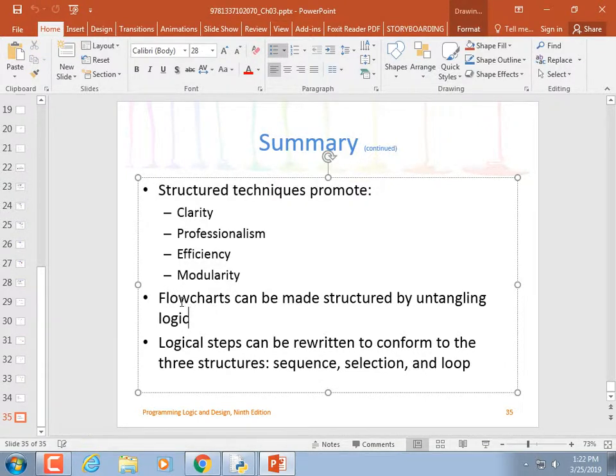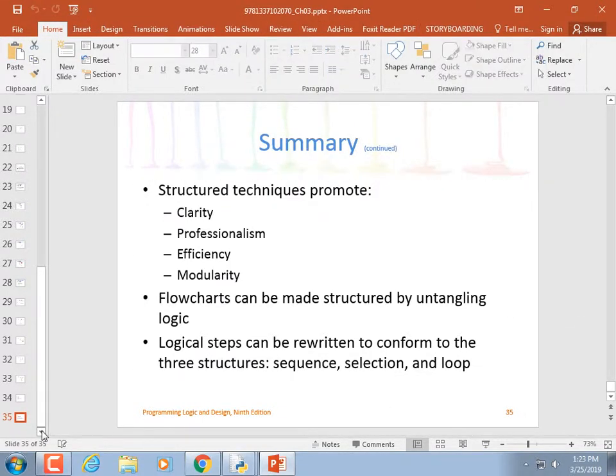Flowcharts can be made structured by untangling the logic, because you can draw flowcharts that cannot be implemented. That's why it's a good idea to write pseudocode as well. And then the logical steps can be rewritten to conform to the 3 structures and only the 3 structures: sequence, selection, and loop.